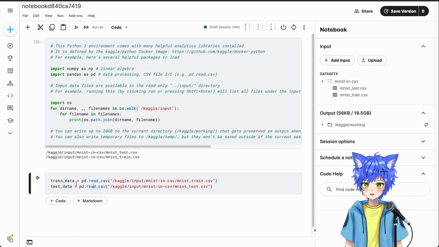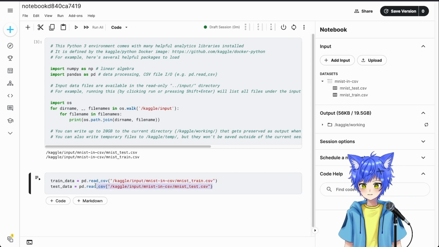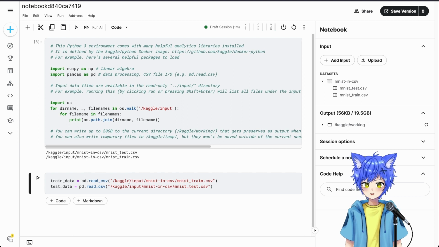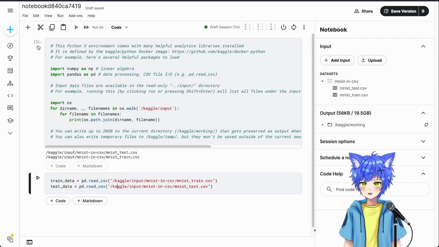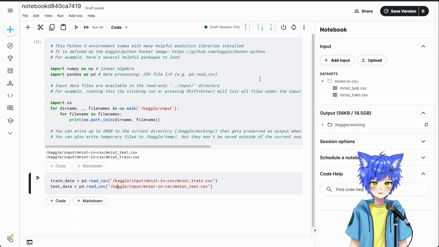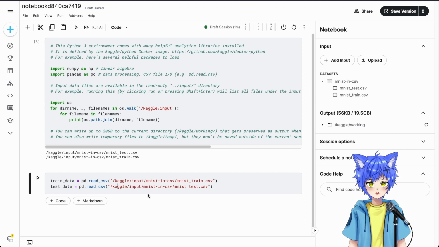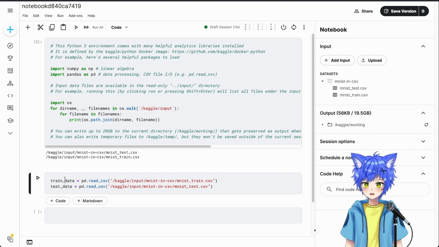And so now we have the two CSV files stored in the train data variable and the test data variable. And what this does is that it changes the CSV file into a pandas data frame object. That's basically what the pandas library uses to store the data. You don't need to dive too deep into it. But here, if we print out the train data,